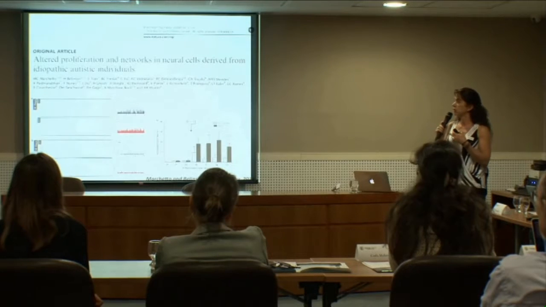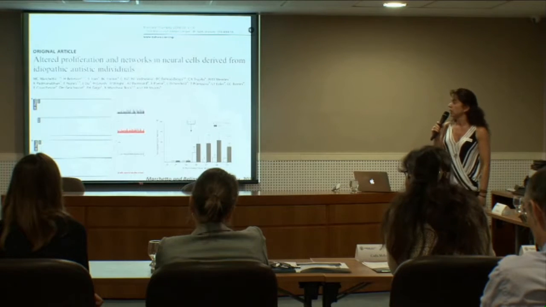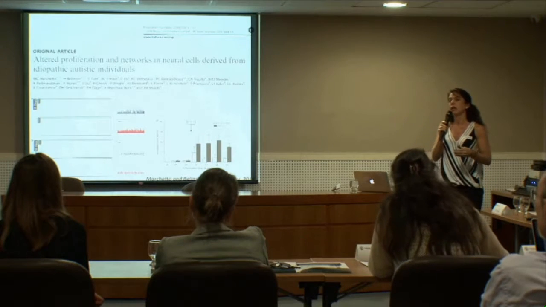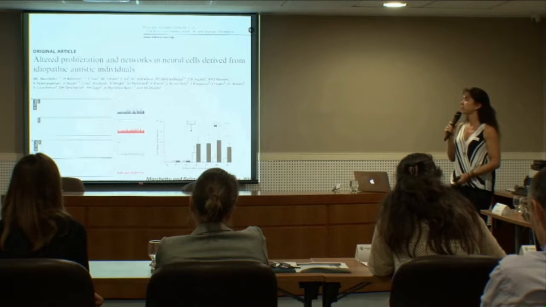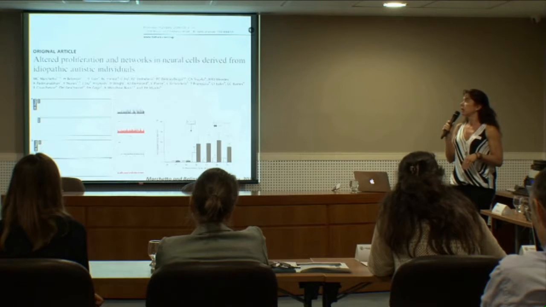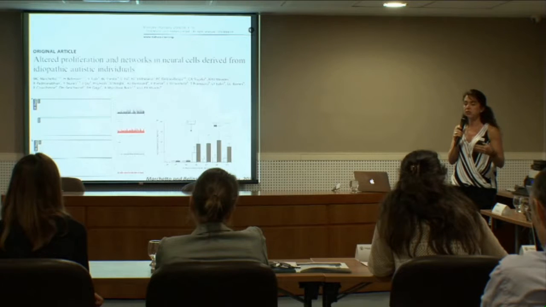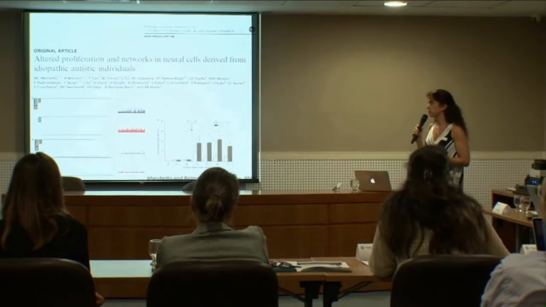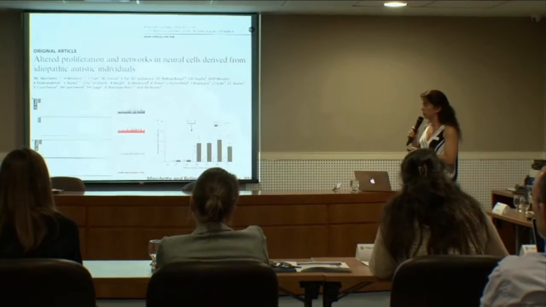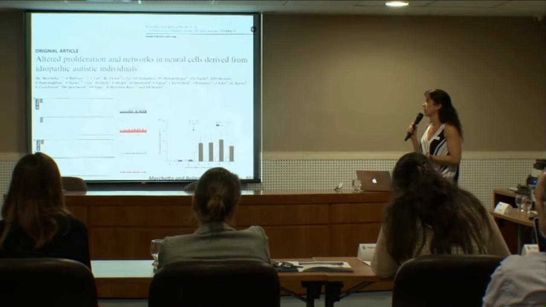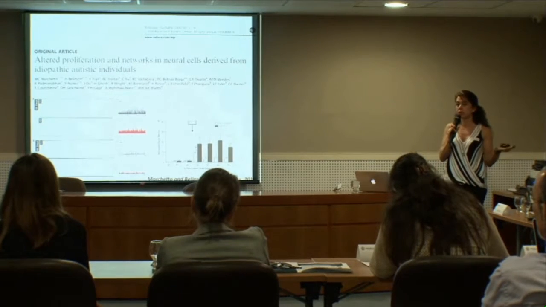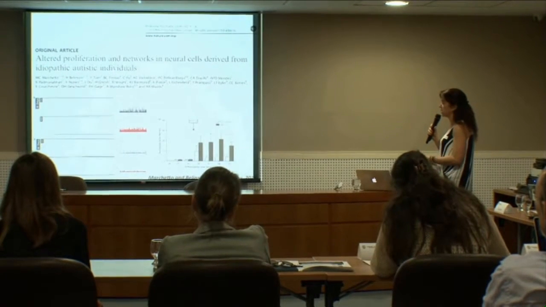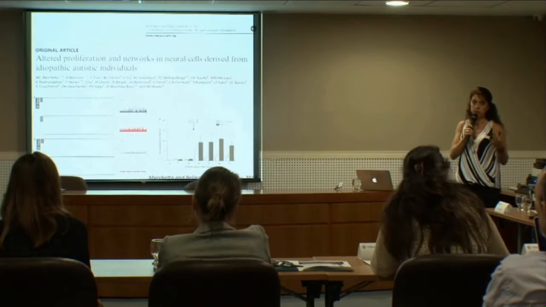And in this work, I could participate. They used 6 autistic patients, all of them idiopathic and with microcephaly when they were born. They used these patients to understand a little bit more about what happens with autistic patients, especially the ones who were born with microcephaly. And they found that the proliferation of the networks of the neural cells was completely altered compared with the controls. They also used the same IGF-1 and they could rescue the neurons.